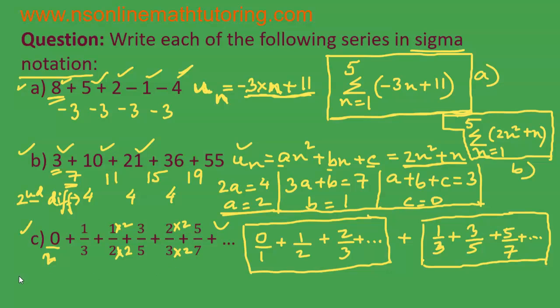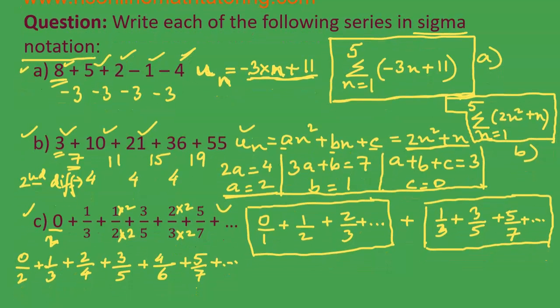So the series is equal to 0 over 2 plus 1 over 3 plus 2 over 4 plus 3 over 5 plus 4 over 6 plus 5 over 7 plus ... Okay? So,